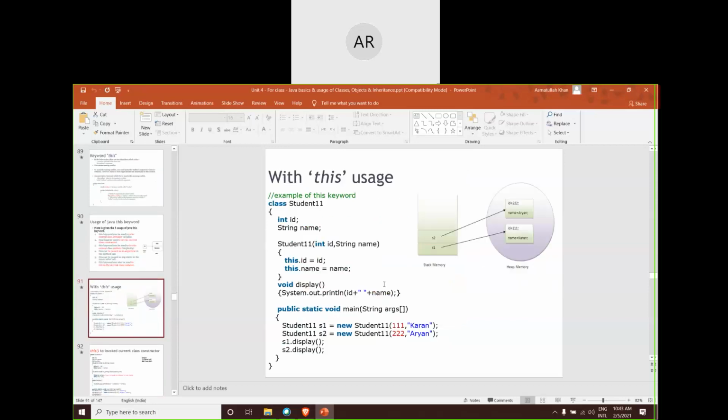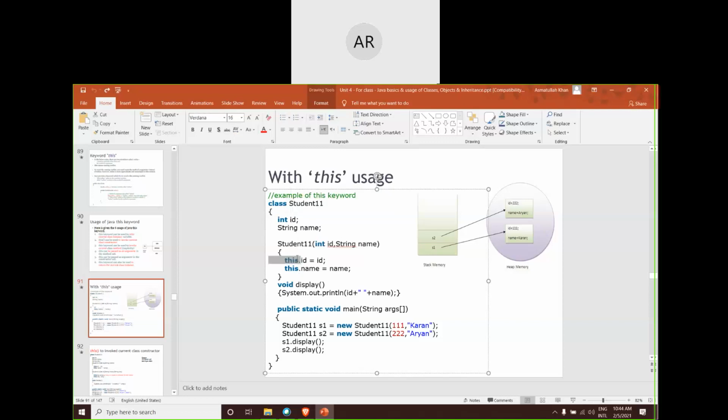Okay, to illustrate these things, we kept one example program here. Here I was trying to show you how the member variables will be accessed by this keyword. There was a confusion for the compiler if I don't mention this. For example, ID is equal to ID. Which ID is being assigned to which ID? Is this ID value getting allocated to this ID value, or is this ID value getting into this ID value? So which value is getting into which one? That was a confusion, right?